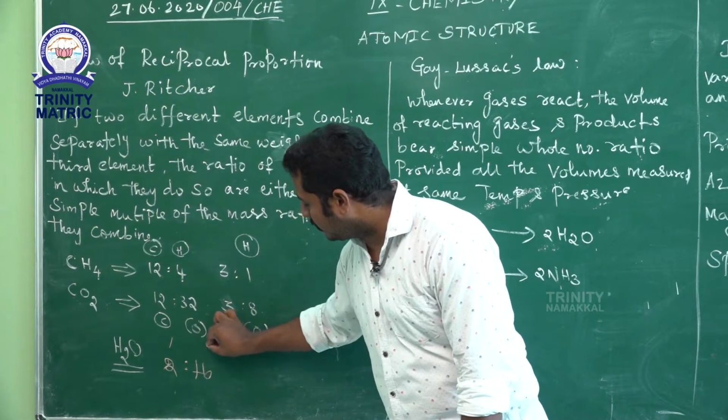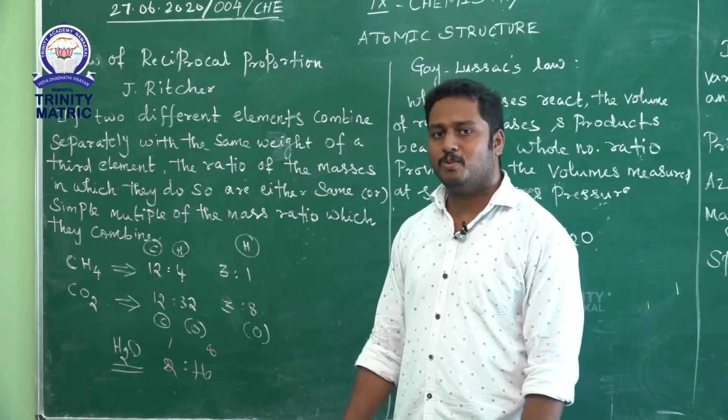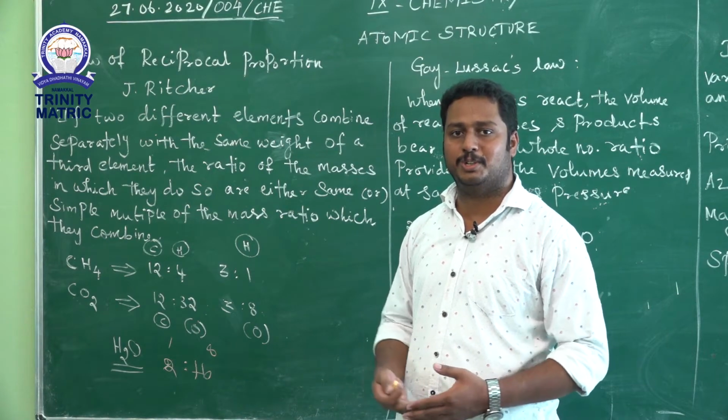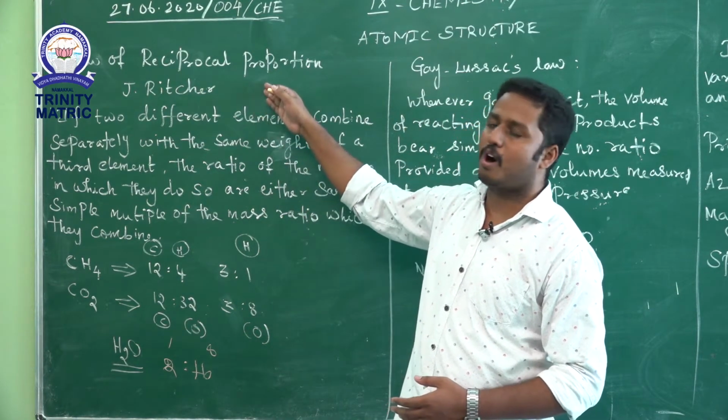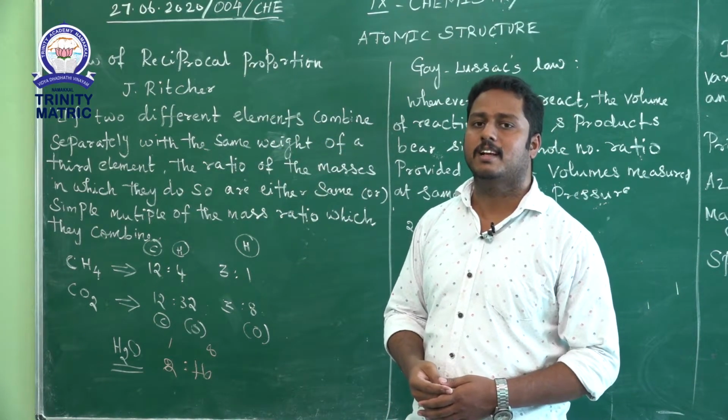1 and 8. Now, hydrogen and oxygen combine in which ratio? 1:8 ratio. Okay, so this law is known as the law of reciprocal proportions. The next one is